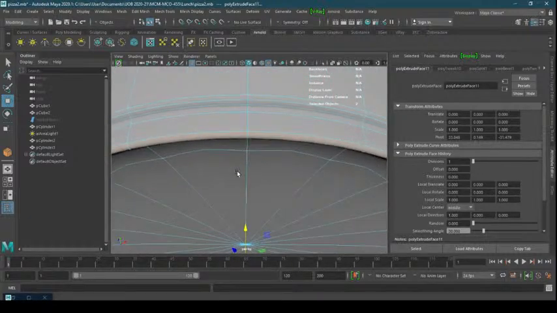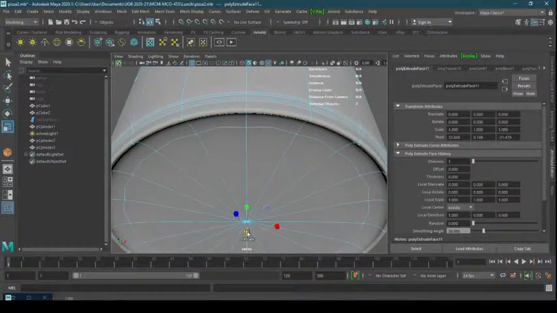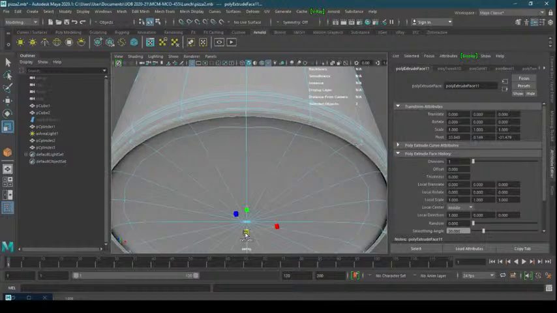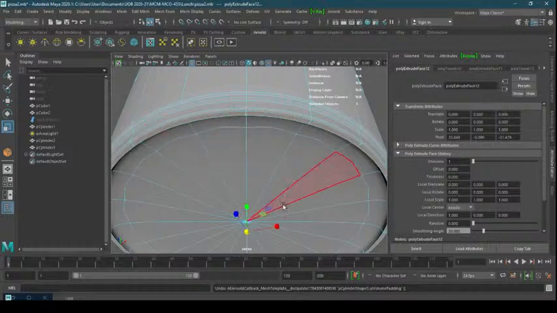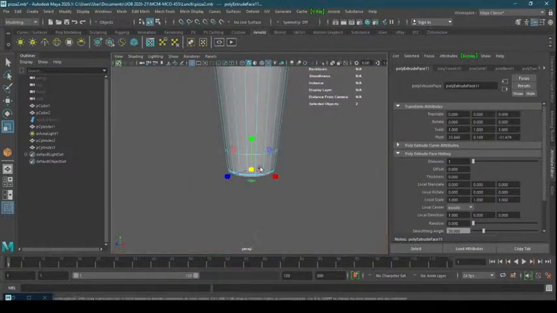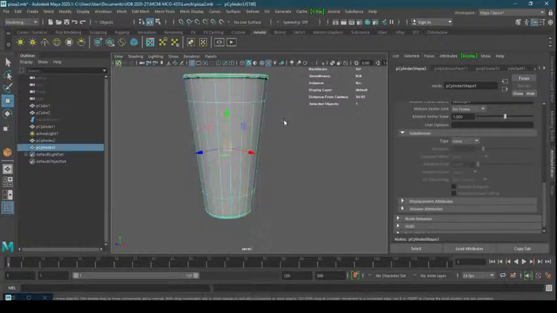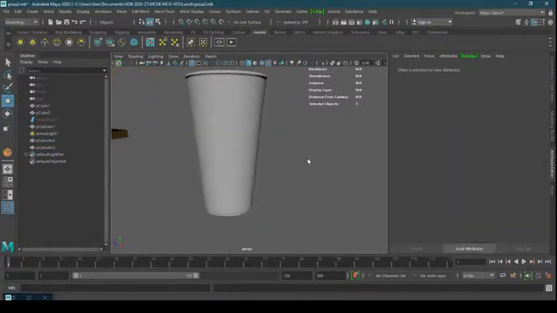If I want to make it sharper, I can take my scaling tool and press Shift and scale it inwards, so it can become a little sharper because I'm extruding inwards, but I don't want that. I can keep it as it is. Now my glass is done, so I can right click here, object mode. Glass is done. So what I need to do is that I